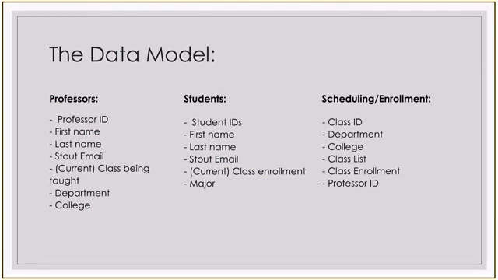Sure. My comment on the scheduling and enrollment is that along with those other data fields, you'll need to have something that indicates which term you're talking about, as well as which section, unless that's going to be part of your class ID that has some other kind of lookup to term and section. And I think that was discussed. The class ID is, as I understand it, a specific unique ID that is related to each section and semester that it is taught, from my understanding. Okay, very good. Thank you.